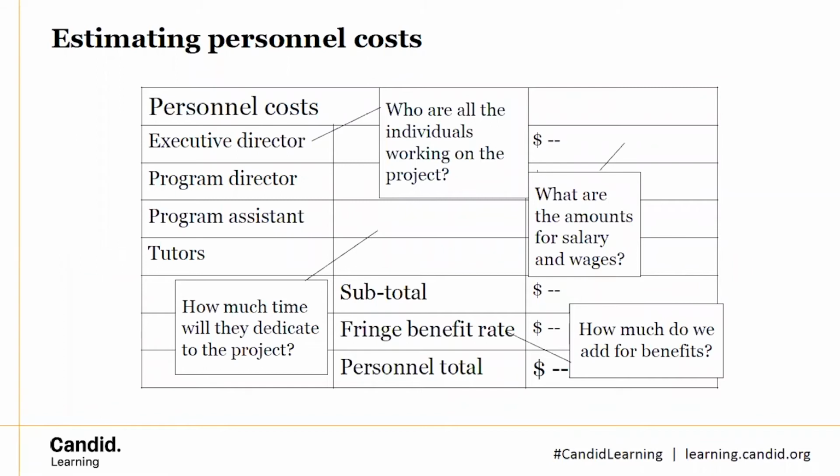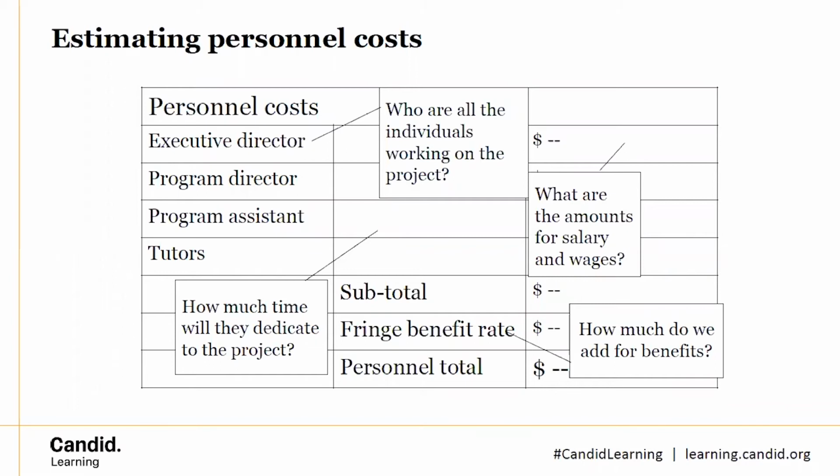This is also one where it can frequently be useful to do this at an organization rate level, so that you can then have one rate that you are then using with all of your proposals. If you know what the general fringe benefit rate is for your organization,